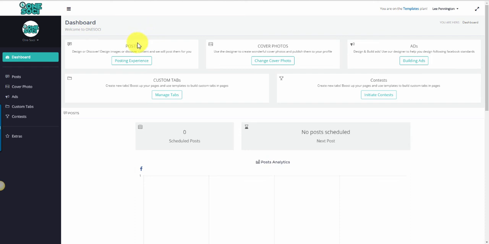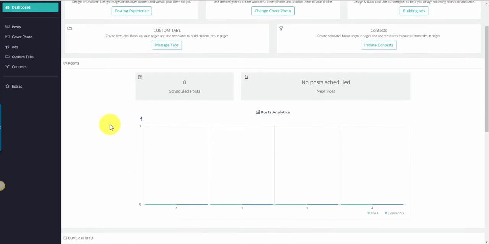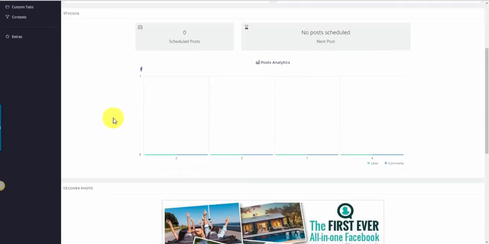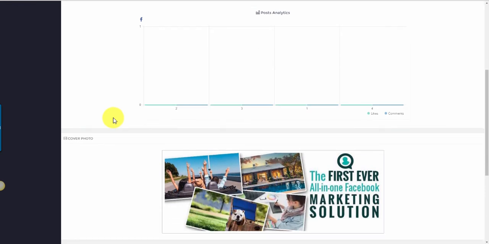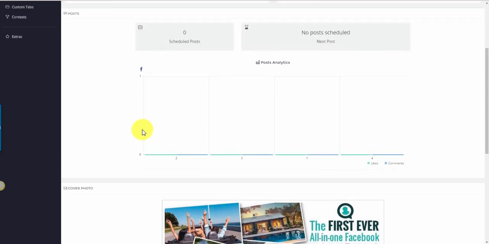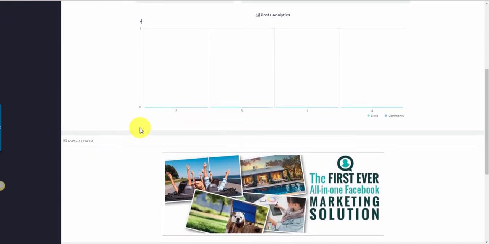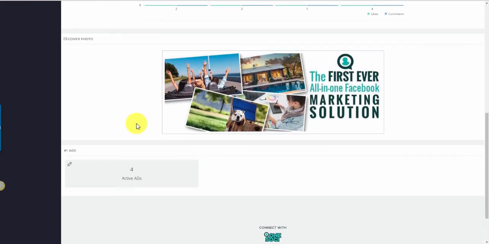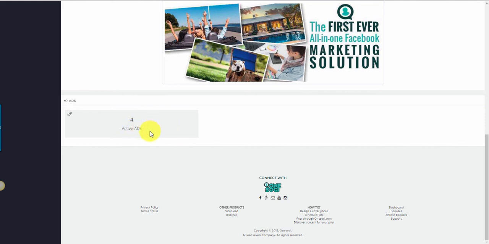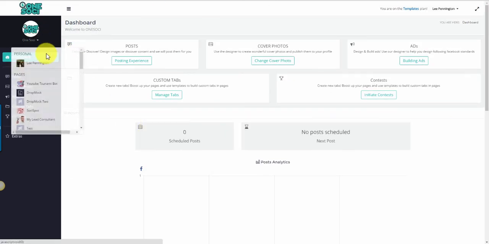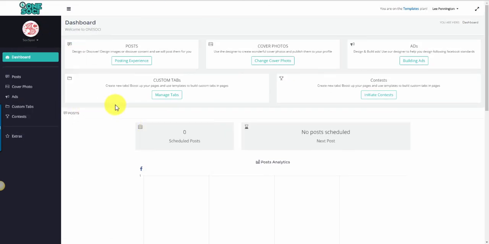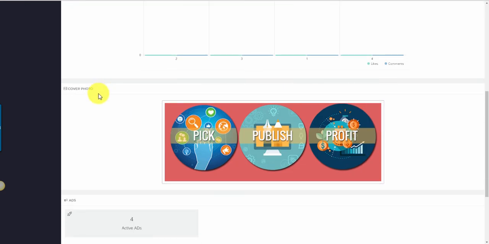Again, we've got the ability to do the posts, the cover photos, the ads, and we also have the ability to look at the analytics, so look at whether or not a post is getting likes, getting comments. So with those analytics, we can look at potentially changing things, look at how well it's performing, and know how to improve that. We can look at the cover photo, and we can also look at the active ads directly from that single page. If we change the page, okay, it's going to bring back the different analytics, the different cover photo